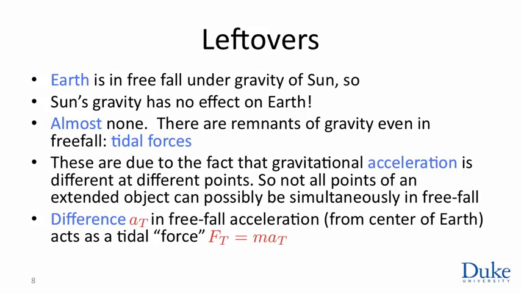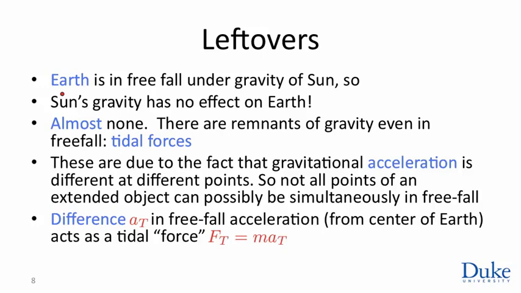For example, the Earth, as it orbits the Sun in its circular motion, is in free fall under the gravitational influence of the Sun, which means that when studying the motions of objects near Earth, we can completely ignore the Sun's gravity. We are all in free fall towards the Sun. Really? Almost. The reason we are only almost all in free fall towards the Sun is because we're all held together by staying on Earth, so we're all falling towards the Sun with one constant acceleration,